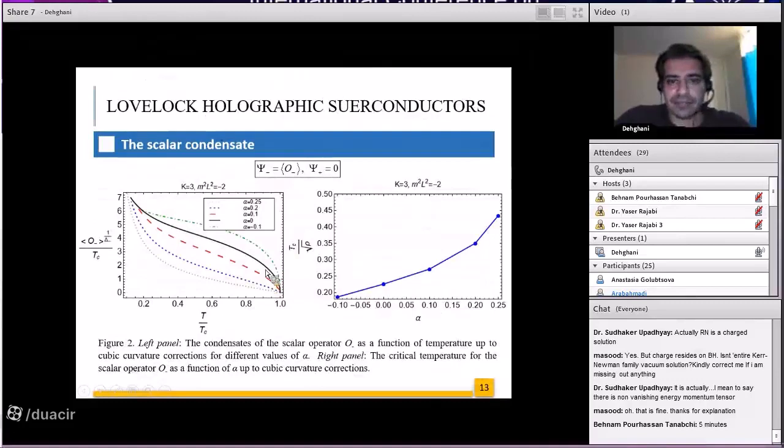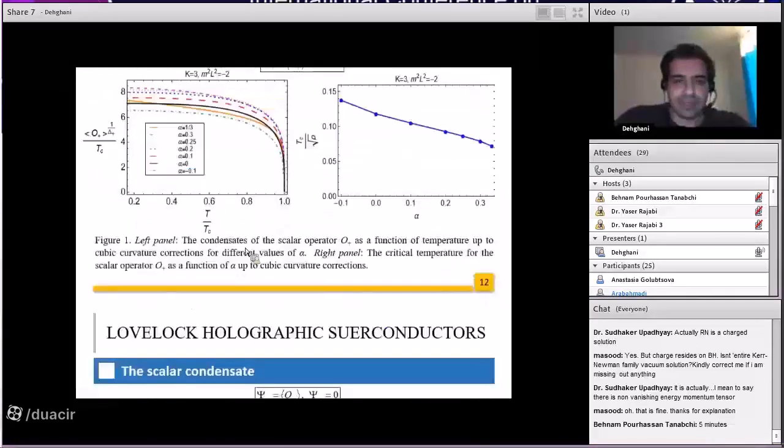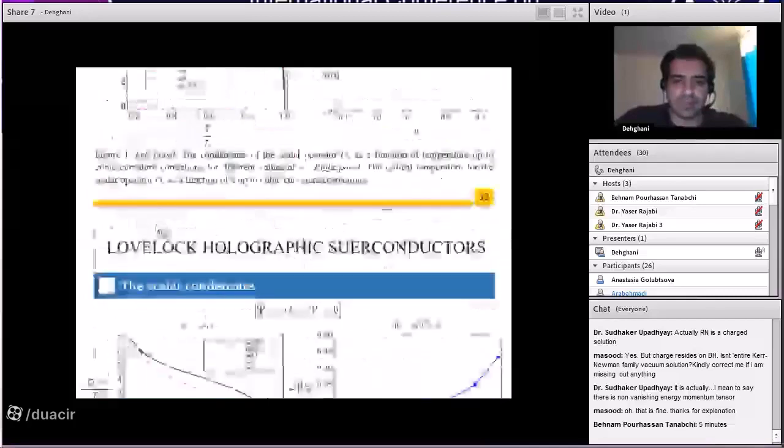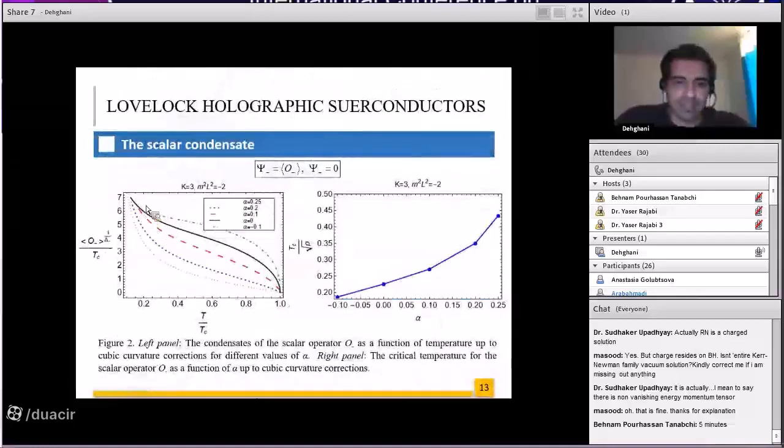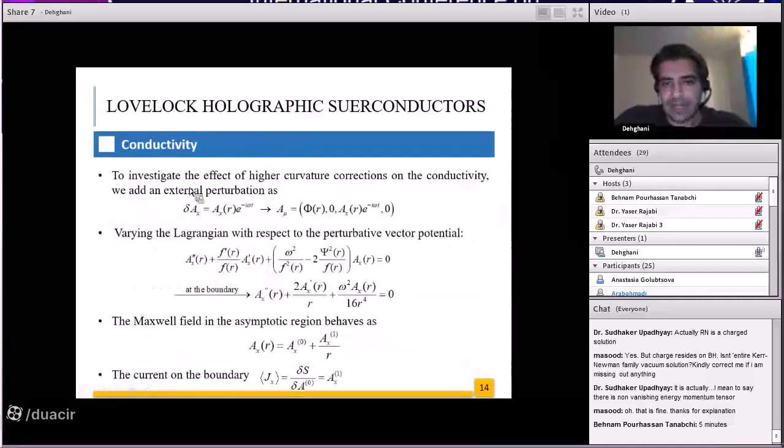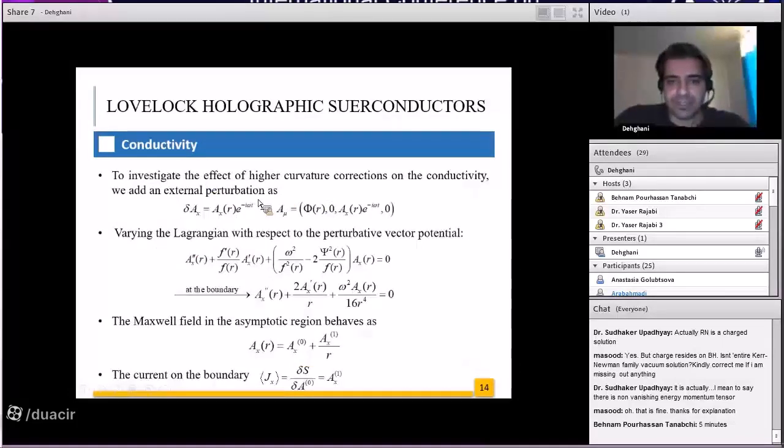Now we can interchange the role of the source and the boundary operator, and we again see that below a critical temperature, condensation suddenly starts here, but the details are different. For example, at extremely low temperatures, the condensation occurs. This shows that the probe limit doesn't work well here. And contrary to the previous case, as the Lovelock coupling increases, you see that the critical temperature